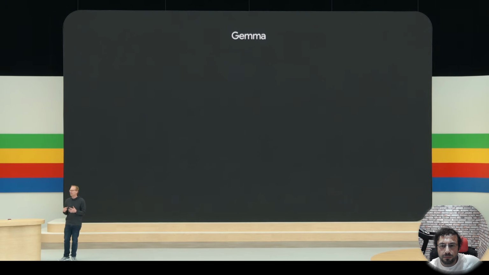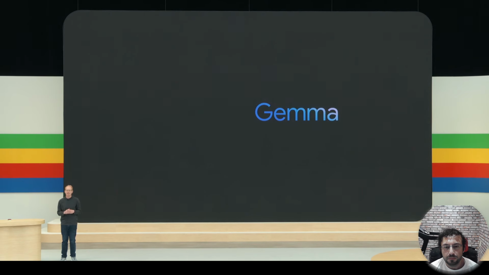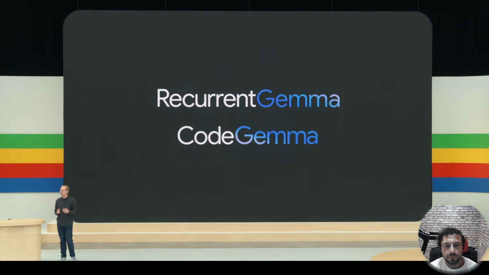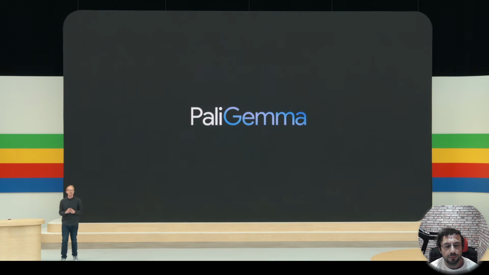Developers and researchers have been using it and customizing the base Gemma model and using some of our pre-trained variants, like Recurrent Gemma and Code Gemma. And today's newest member, PaliGemma, our first vision language open model, and it's available right now.